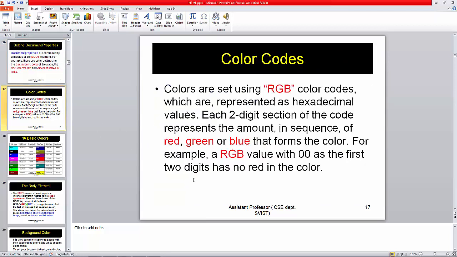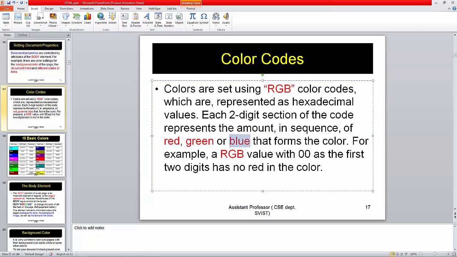So now there are also color codes. Color codes are mainly RGB, red, green, and blue, which we actually follow. Two digits are meant for each of red, green, and blue separately.